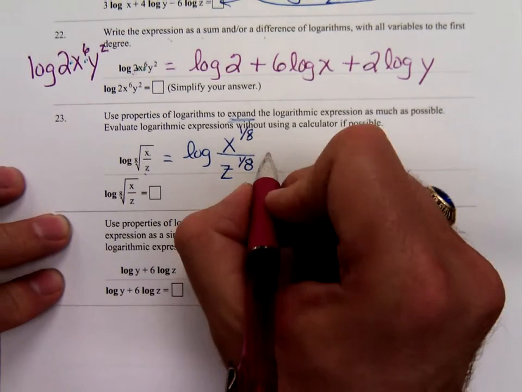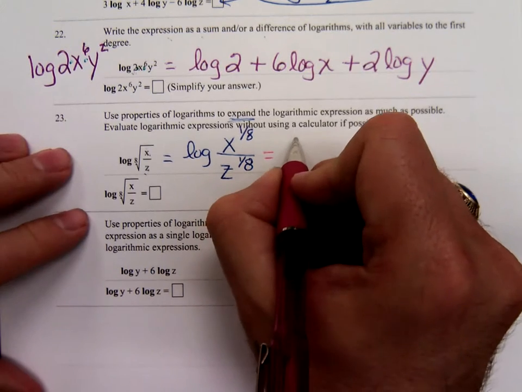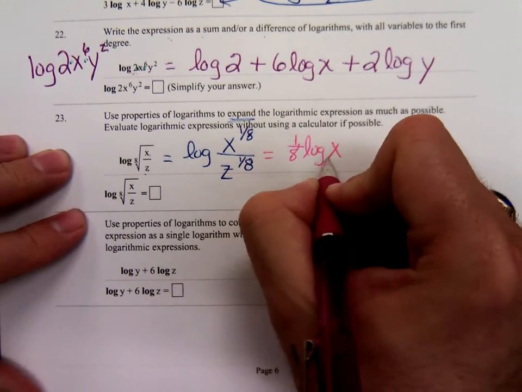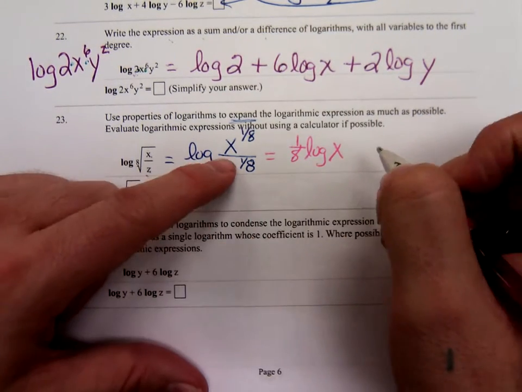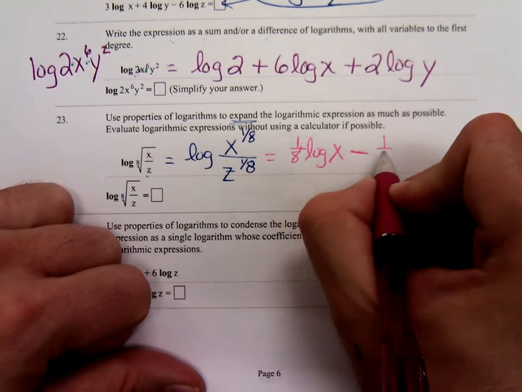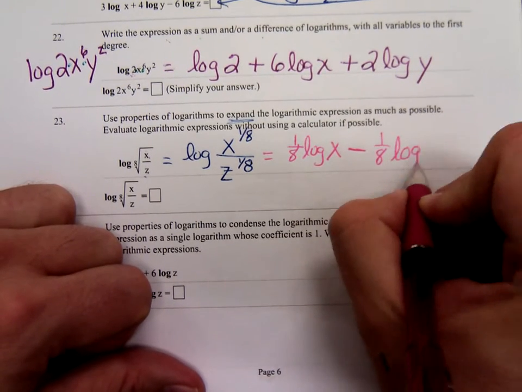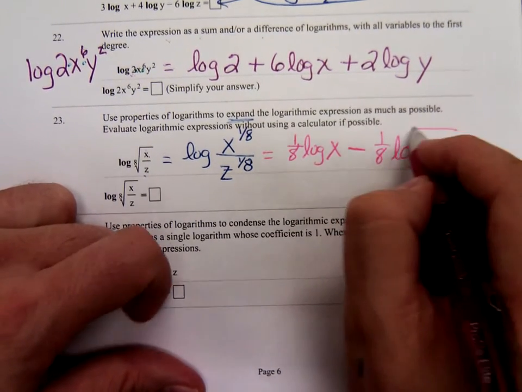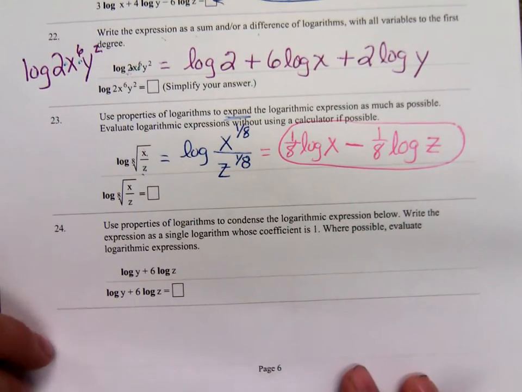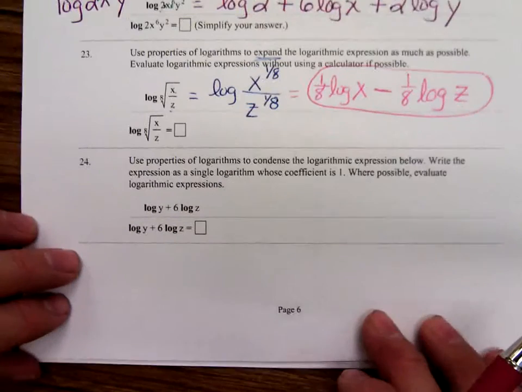So to expand this, you put the exponent in front of the log, then plus or minus. Well, minus 1/8 log z. Number 24,